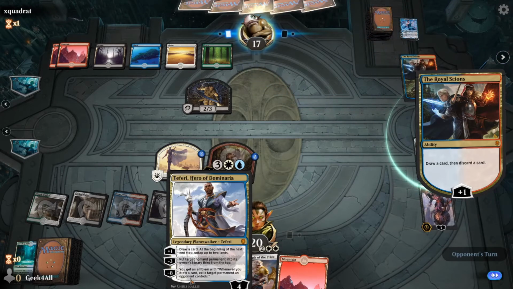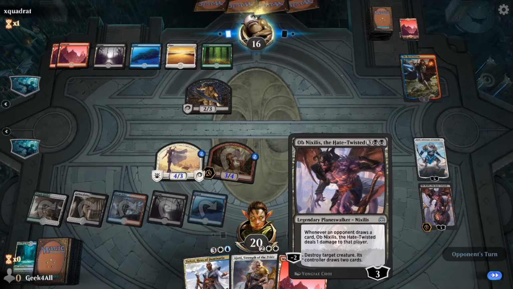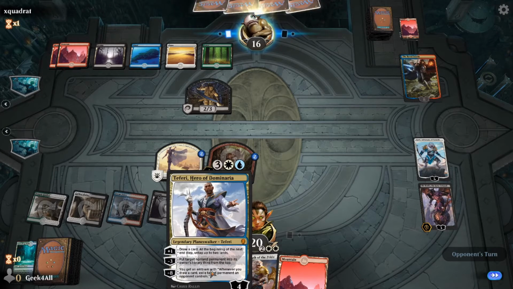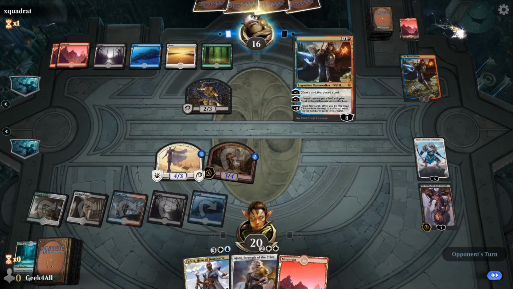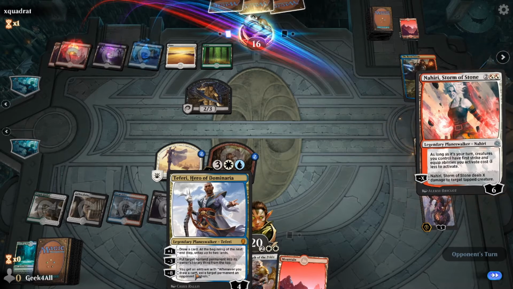Oh. Synthesize the facts. Ha! Just a small headache. So first of all, I realized with Teferi's -3, we can target the Royal Scions. Per target non-land permanent into its owner's library, third from the top. So...